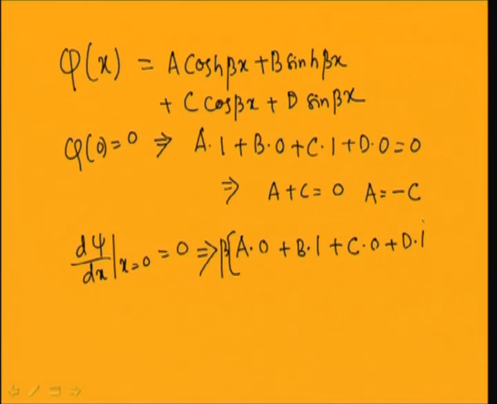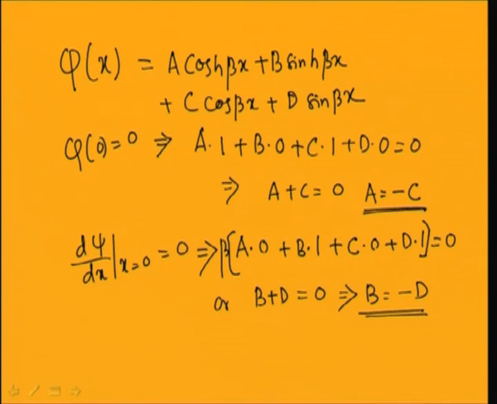So, this equal to 0, or from this I can write b plus d equal to 0. So, as b plus d equal to 0, this implies b equal to minus d. So, I can write b equal to minus d and a equal to minus c in this case. Now, substituting these two expressions here, I can write phi x